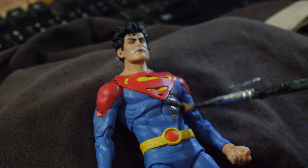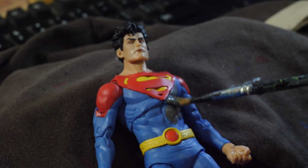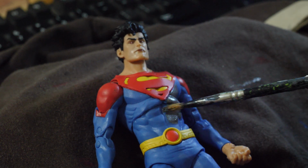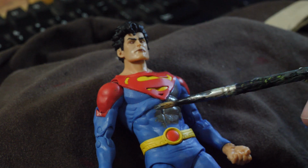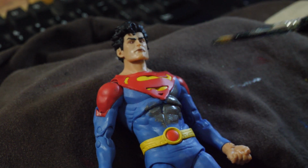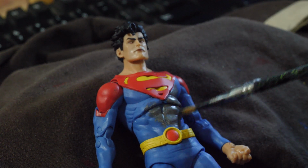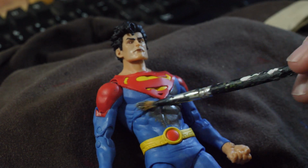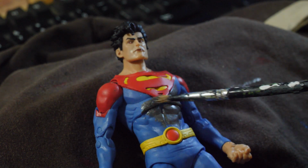Now I chose this gunmetal because it's a nice gray, but it also has a little bit of a sheen to it, which is what I want. I want this to look a little bit metallic and to stand out a little bit. So we're just going to cover him. That's all we're going for, is just covering the blue, and then some of this will be red and this will be yellow instead. So we're going to go through and get this guy gray,